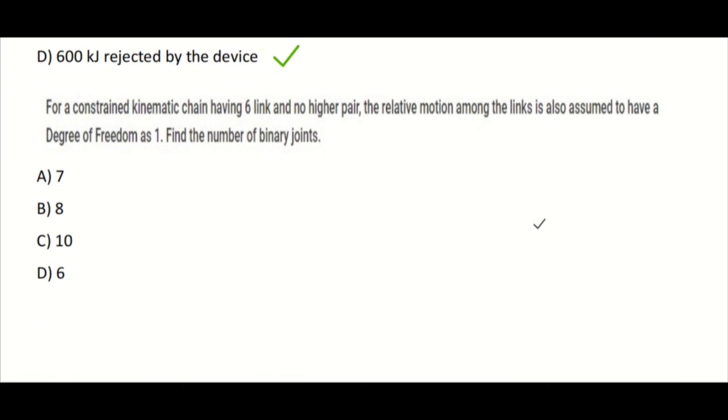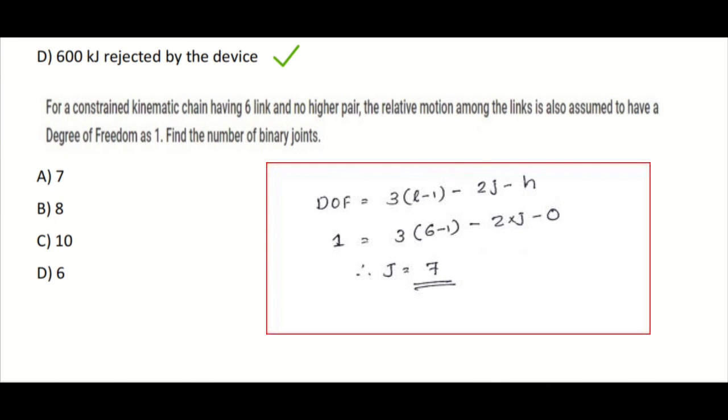For a constrained mechanism, a chain having 6 links and no higher pair, the relative motion among the links is also assumed to have a degree of freedom of 1. Find the number of binary joints. Okay. In this question we need to know the relation of degrees of freedom with the number of binary joints and higher pairs. The equation for that is the degrees of freedom is equal to 3 into (L minus 1) minus 2j minus